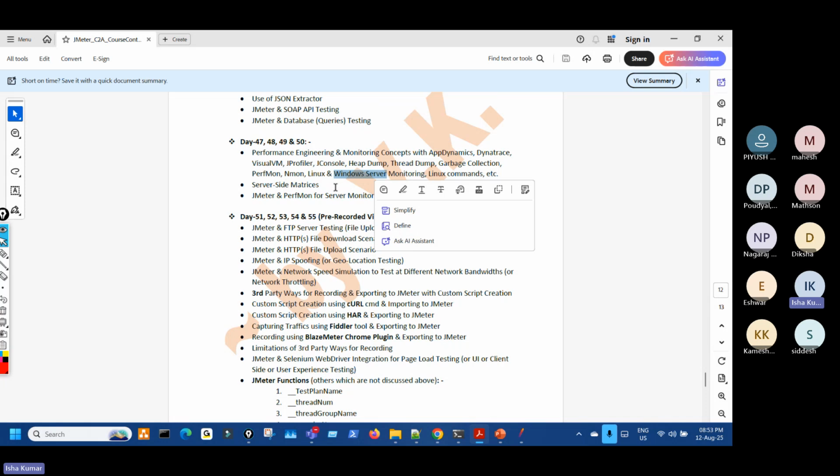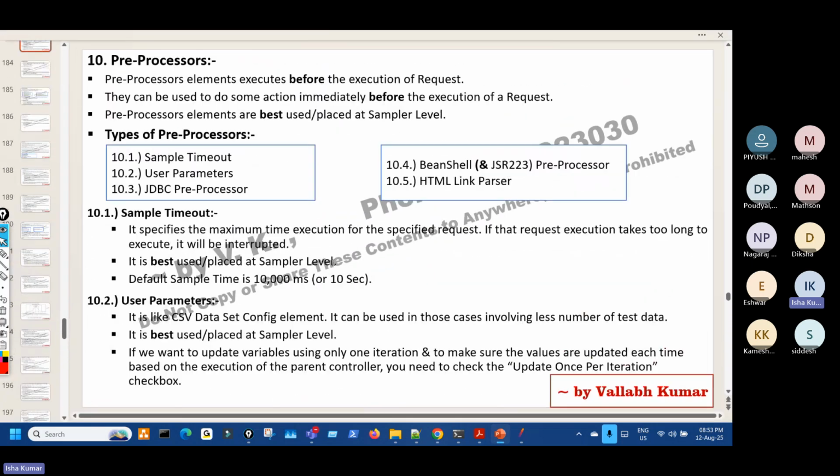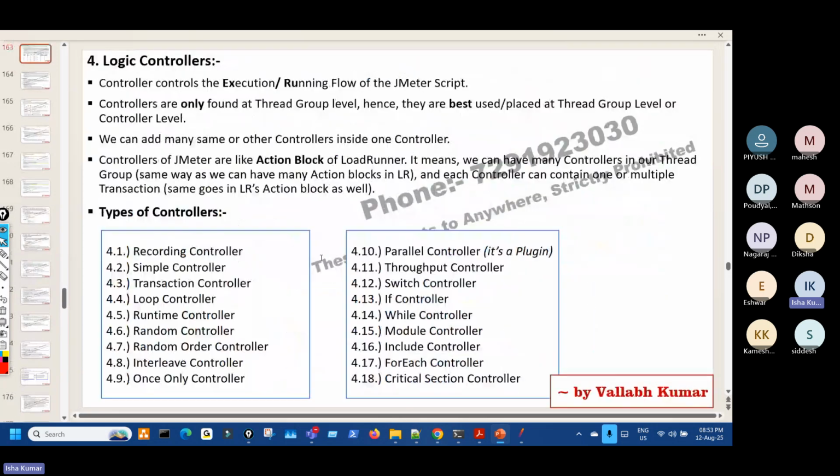And what are the metrics that we monitor? That will be there. Using AppDynamics and Dynatrace, we'll see what to check when we are doing a load test, where we go and check, and what things we check. If you see any application becomes slow, why is performance testing done? It is done to